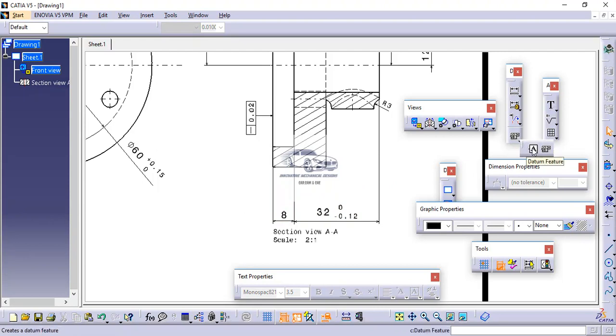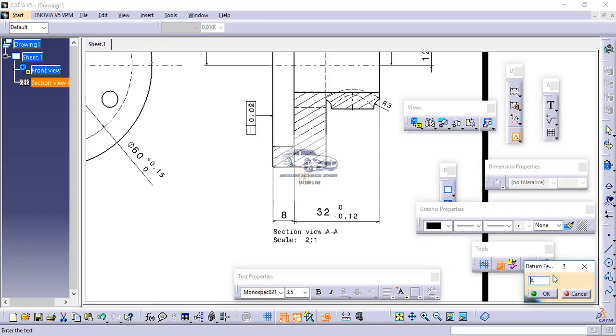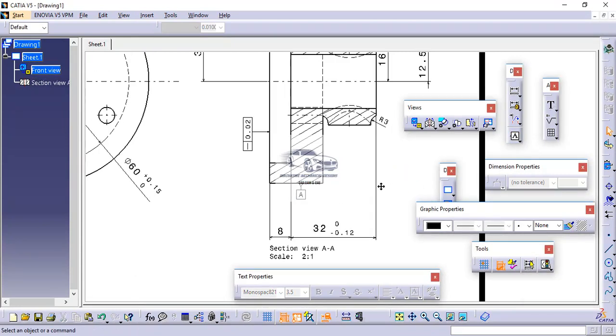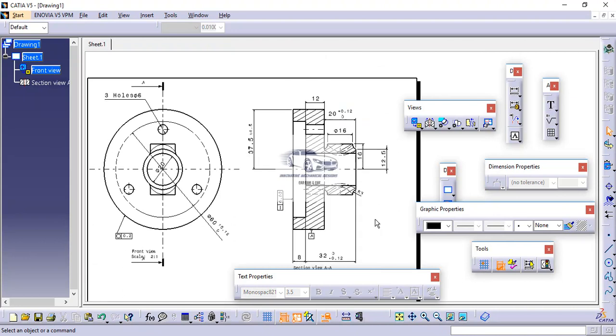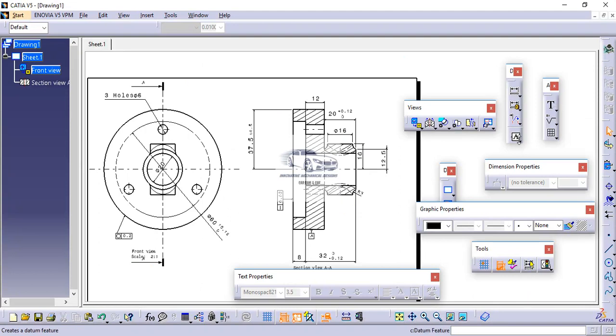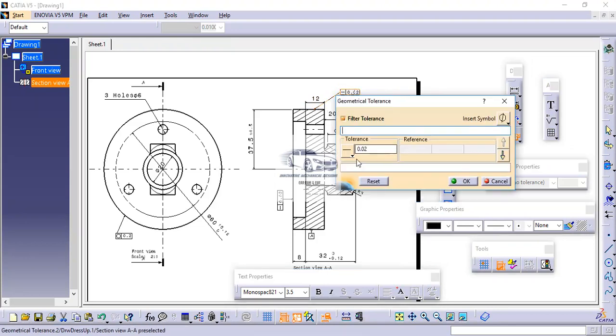So here I will go to datum feature first. I will select this edge and then place the symbol here. You can also edit the name of this datum feature if you want. Then for placing the geometrical tolerance, again I will go here to geometrical tolerance. I will select this particular edge and place the symbol here.